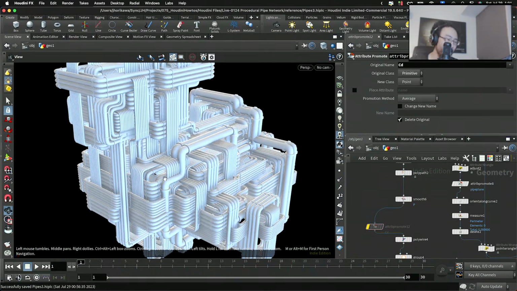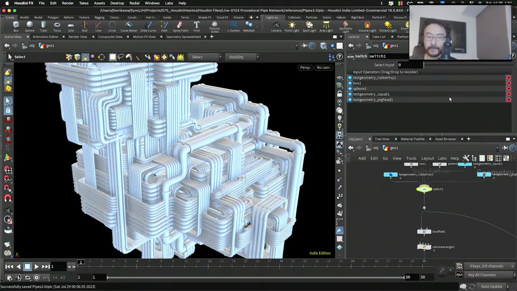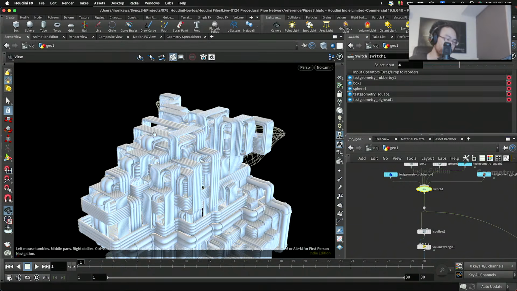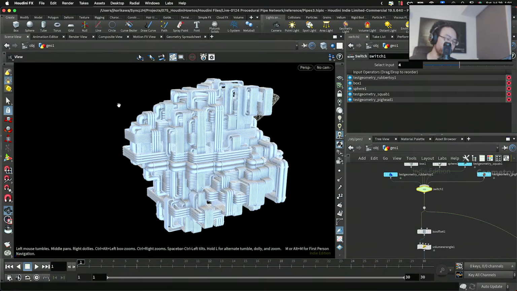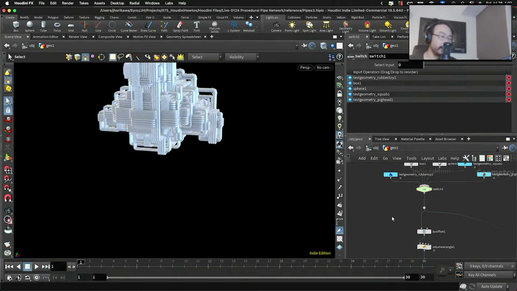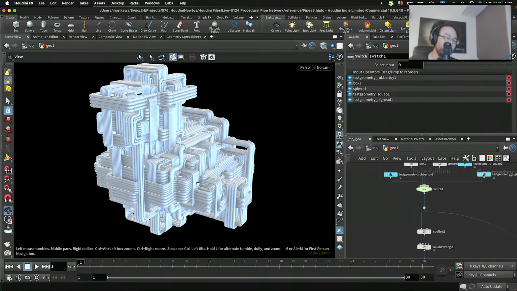And you could also change your input geometry to try out different visuals, like these, and so on. So in this live stream, I'm gonna show you how you could do such a thing,